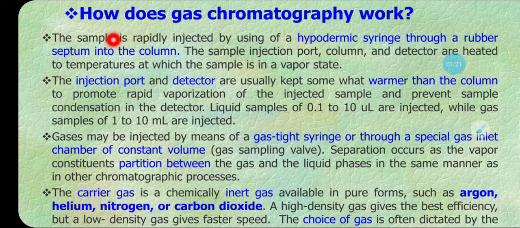In gas chromatography, the sample is rapidly injected using a hypodermic syringe through a rubber septum into the column. The sample injection port, column and detector are heated to the temperature at which the sample is in the vapor or gaseous state, so that the sample does not condense.